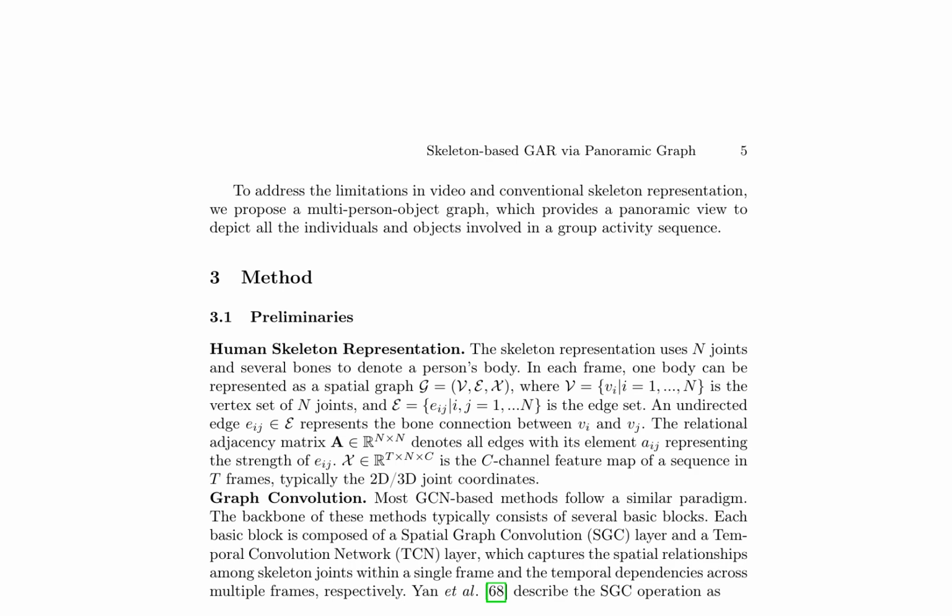The human skeleton representation is formulated as a spatial graph, G, comprising a vertex set, V, of end joints and an edge set, E, representing bone connections between joints. The relational adjacency matrix, A, denotes all edges, with element Aij representing the strength of edge Eij. The feature map, X, is a C-channel representation of the sequence in T frames, typically consisting of 2D, 3D joint